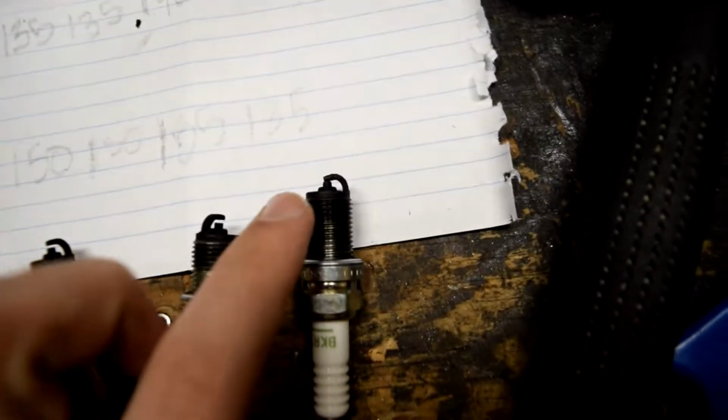Come on, focus camera. Okay. Yeah, as you can see, it's got like no gap on it compared to this one. So I'm not certain if I smacked this, maybe putting it into the cylinder head or something, and it didn't catch up with me until now that it's not igniting the fuel. So I'm going to go ahead and wipe these down real quick because I'm just curious to see if these spark plugs work well enough. If not, I do have another set that I'll throw in if that doesn't cure the issue. So I'm going to wipe these down, re-gap them all to 0.028,